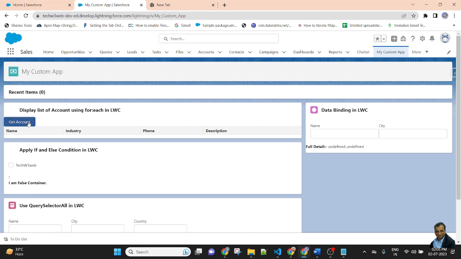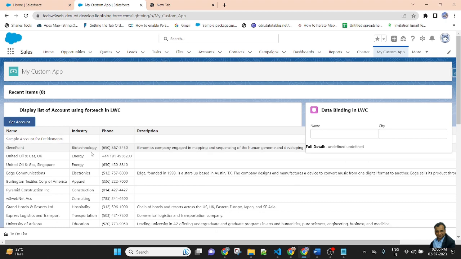So once I click on the button, the list of records is displayed automatically. So this is name, this is industry, phone, and description. So I got the account list using imperative call on button click in LWC. Do not use the wire decorator.